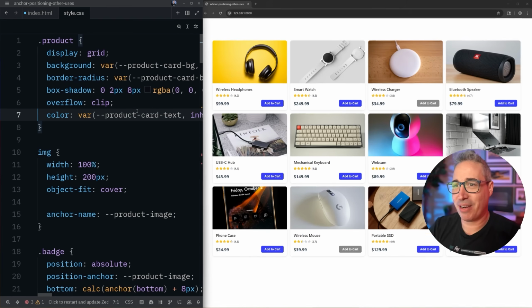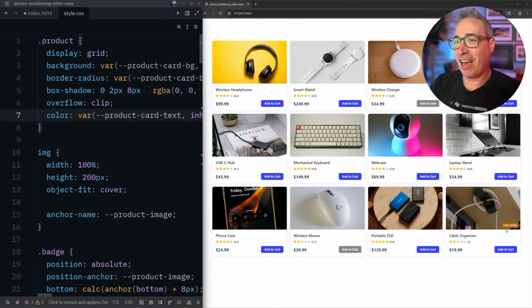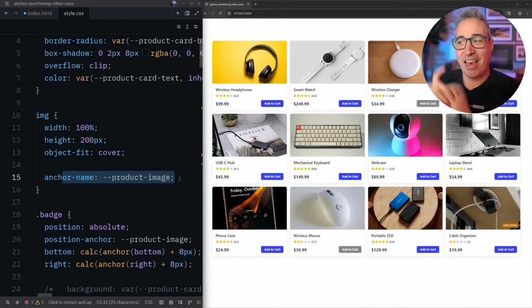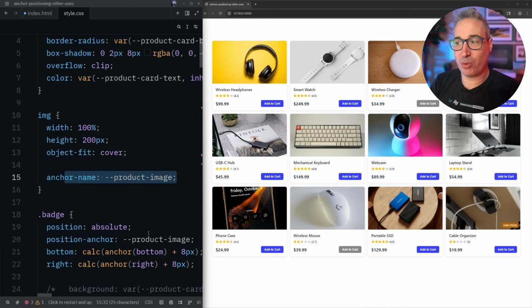There is one left that's under my head that's over here. And the reason it's there is they're actually all there. They've just all stacked on top of each other in the bottom right of all of the different ones I have. And the reason for that is all of my images have the same anchor name. And if they all have the same anchor name, CSS, last thing wins. They're all going, oh, well, if I'm going to an anchor name, this is the last of that anchor name. That must be the one that wins. And so we're all getting anchored to the exact same image that's over here,